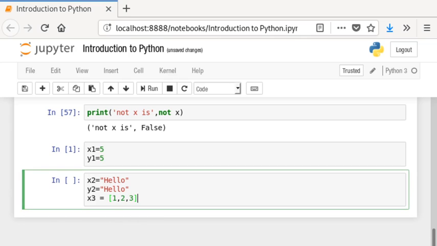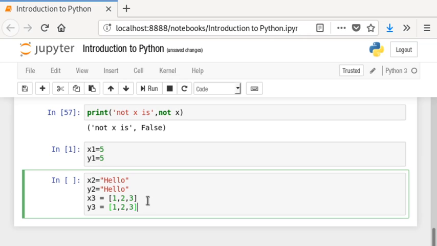And x3 is a list, and also y3 is declared again like this.